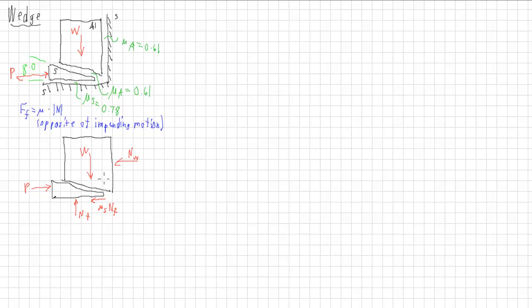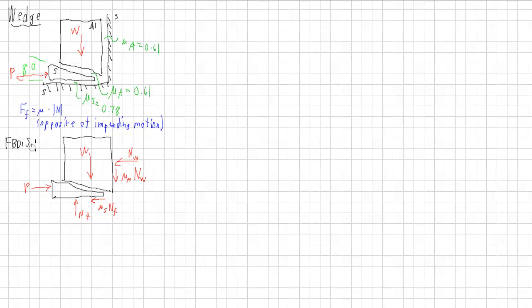But our block is going up, so that means our frictional force at the wall opposes that motion. So mu A times the normal force at the wall. So this is the free body diagram